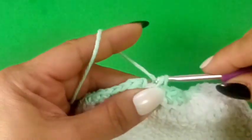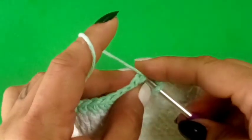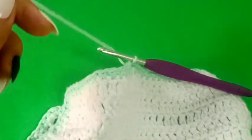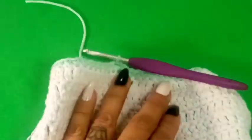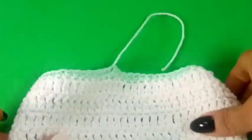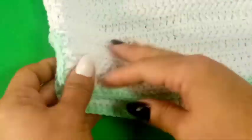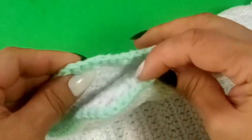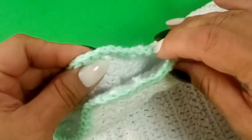Just going to do my single crochet, and then I'm going to slip to my first to join. And I'm going to leave a sewing tail. Okay, so the bottom is done, right? Super cute. But I did want to let you guys know that count your stitches when you come down here